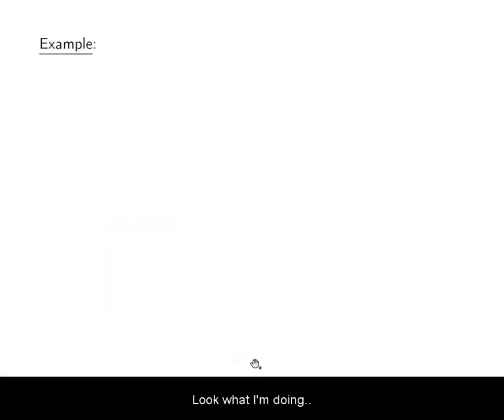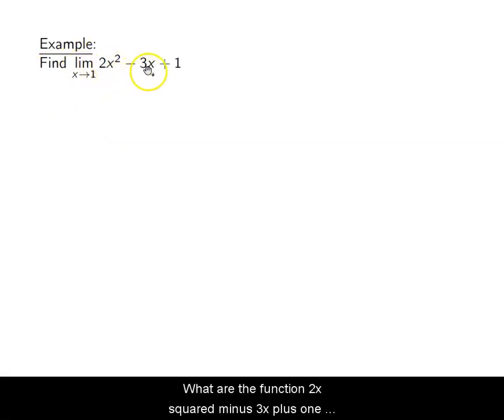Okay, so let's go ahead and do an example. We're going to look at this limit for the function 2x squared minus 3x plus 1, and we're going to look at what happens as x goes to 1. Now, instead of graphing this and looking at what's happening from the left and from the right, instead of plugging in a bunch of values as I get close to 1, like we did before as well,